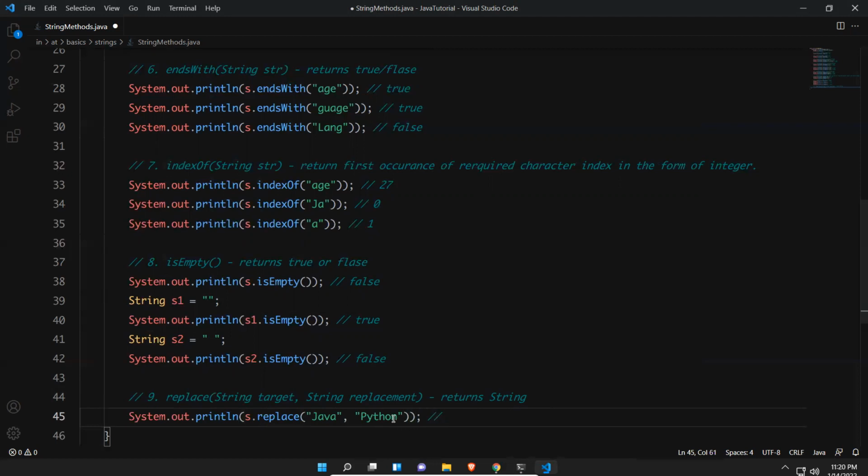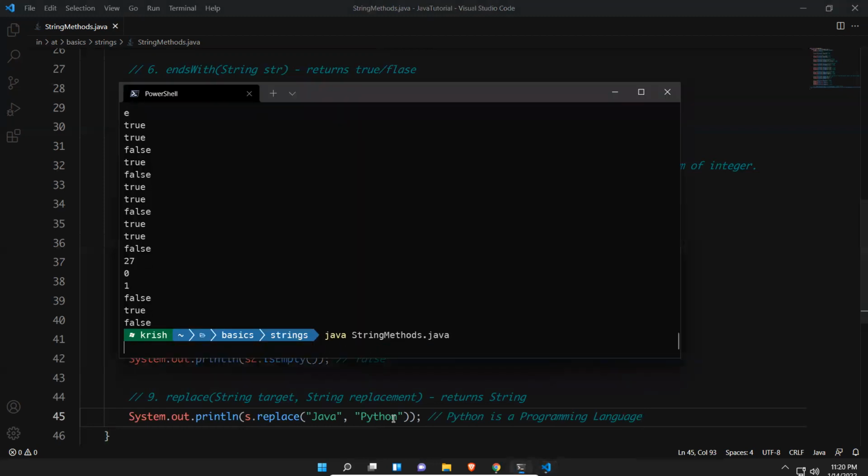In the string Java is a programming language, I am replacing Java with another string. Obviously it will become Python is a programming language. If you try to run this one, in the last line you see Python is a programming language.